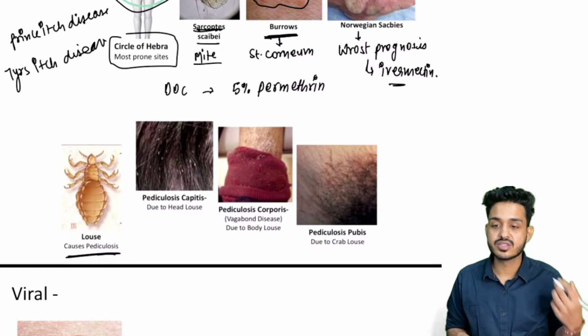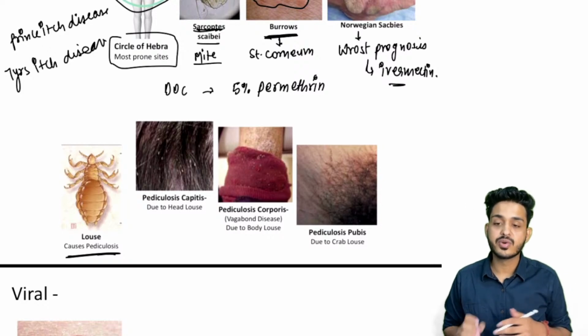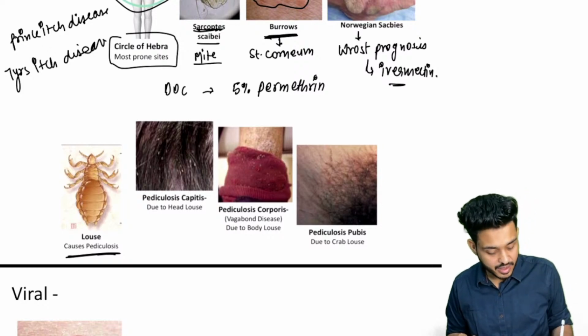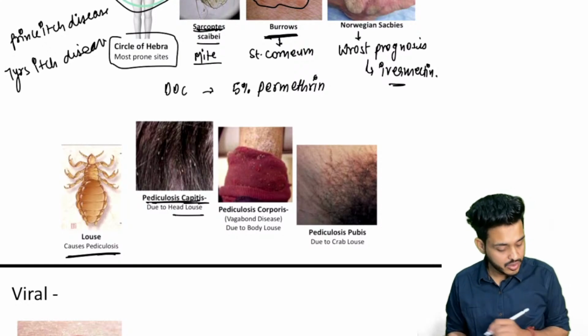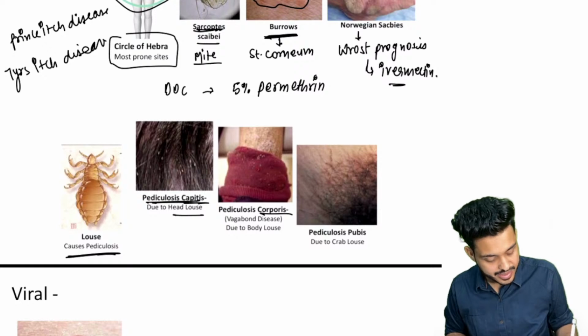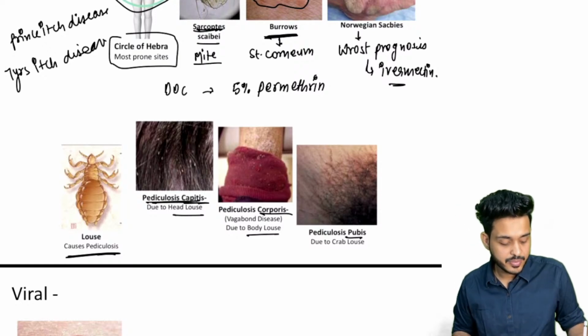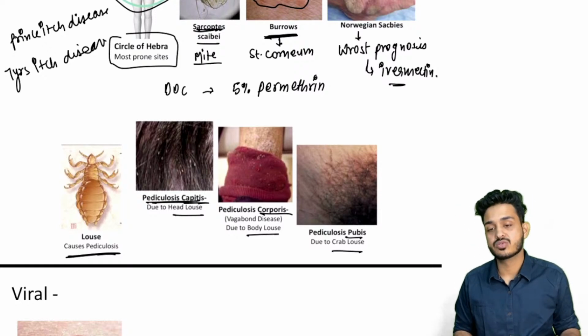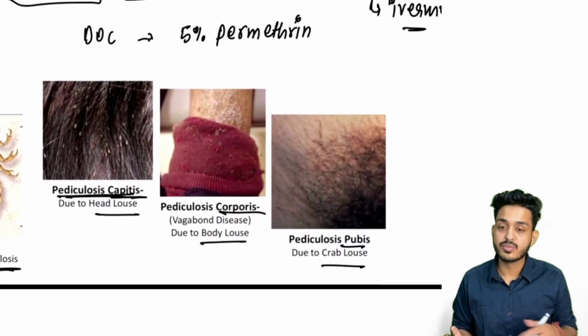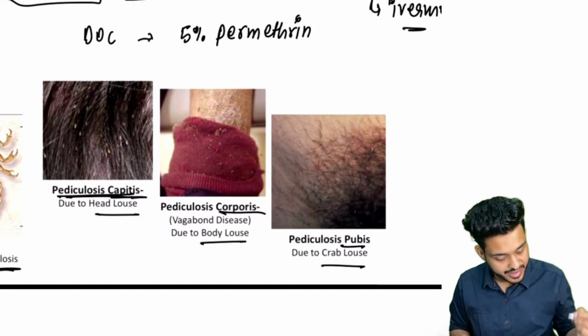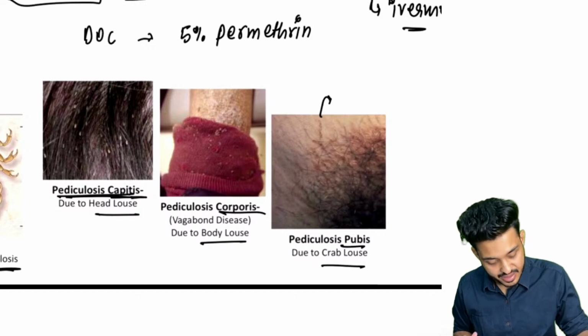This is pediculosis or lice. ये अलग अलग जगह पे होती है. If they are causing disease in the head, that is your head louse, and in the body, that is due to body louse. But in the pubis there will be crab louse. And there the most characteristic lesion that you will see here, that is known as